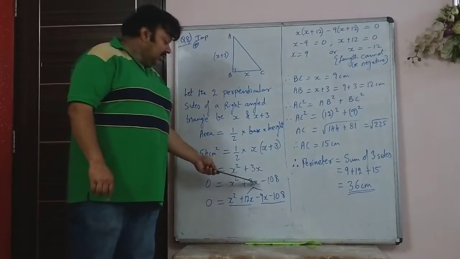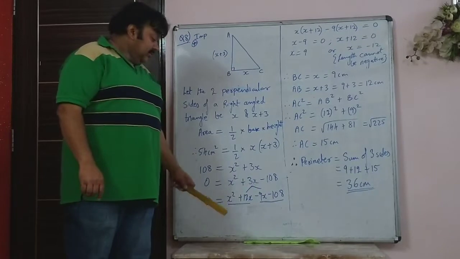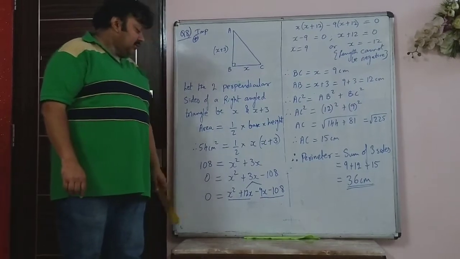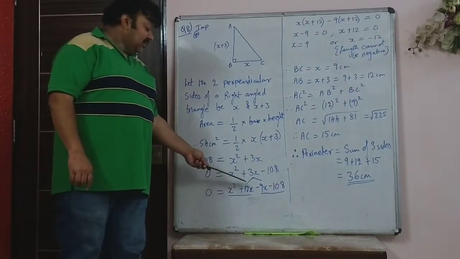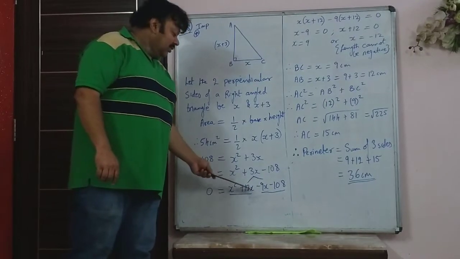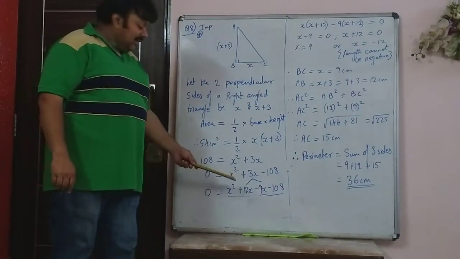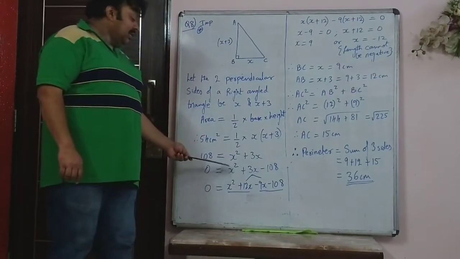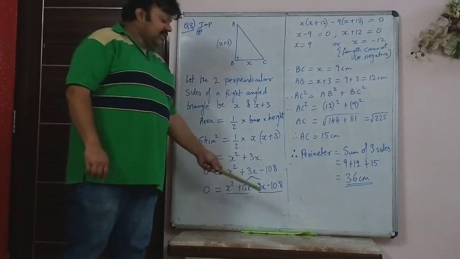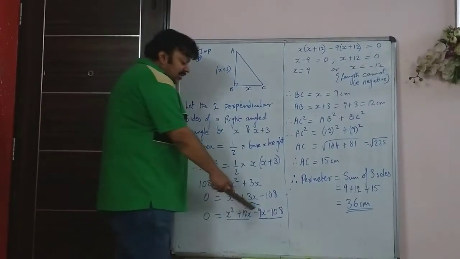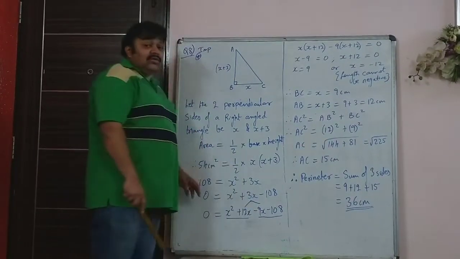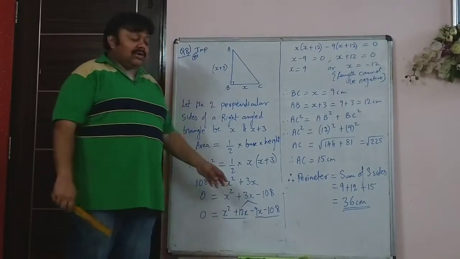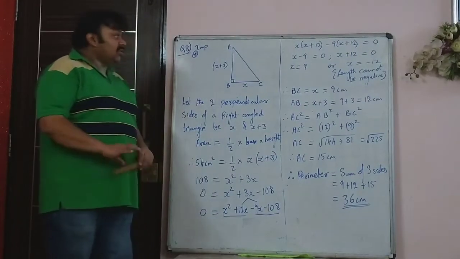So here you have 3x, this 3x you have to split in such a manner that on multiplication you get the answer as 108. So you will have to split it as 12x and minus 9x. When you add the two, the answer will be 3x, 12x minus 9x is 3x. And when you multiply the two, it will be minus 108 into x squared. So this gives you minus 108 x squared. See, I told you your multiplication, your tables should be quite strong so that you are able to get the answer of A into C.